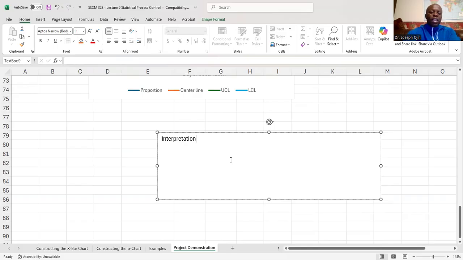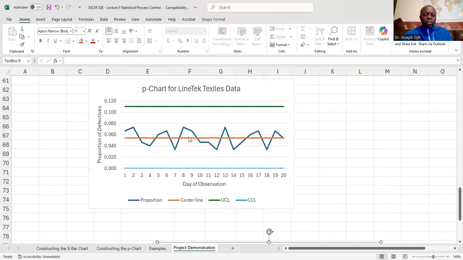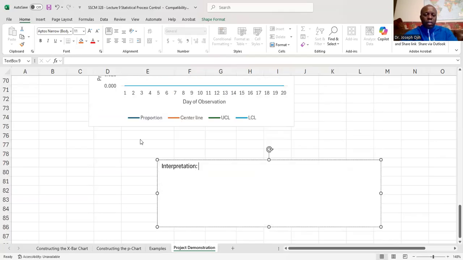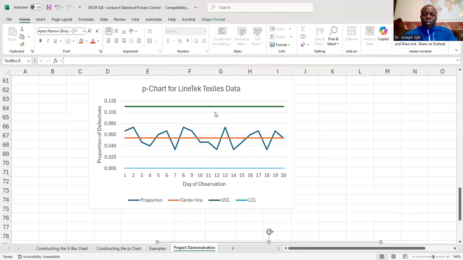Now, you can see the upper control limit and lower control limit. If any of this line moves below the lower control limit or above the upper control limit, that means the process is not under control. Then you have to figure out what is wrong. So here, they are within the lines. None of them crosses away from the upper control limit or lower control limit. So I would say that the process